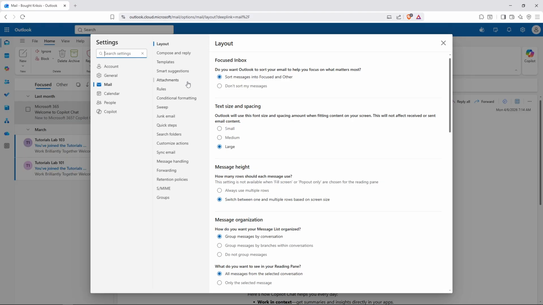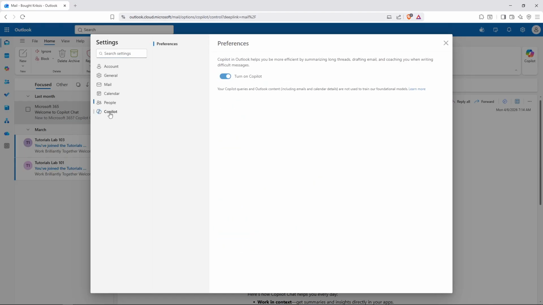Once the settings window has opened, you'll directly see several tabs listed on the left side. Look for the Copilot tab and click on it. This tab is specifically designed to manage all your AI assistant preferences and features. Under the Copilot Preferences section, you'll see a toggle button that controls whether Copilot is turned on or off. Simply click this toggle to turn Copilot on. You should see the button change color or position, indicating that Copilot is now active and ready to assist you